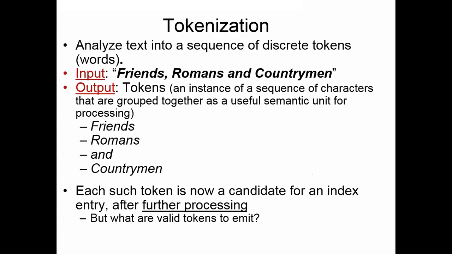So given an input, for instance, within a quotation mark, there is friends, comma, romance, and countrymen. The comma is closed. So what are the word separators we have to use? Obviously, in English writing, the major word separator is space. In addition to space, depending on the grammatical rule, the structure that we have to follow, the semantic meanings that